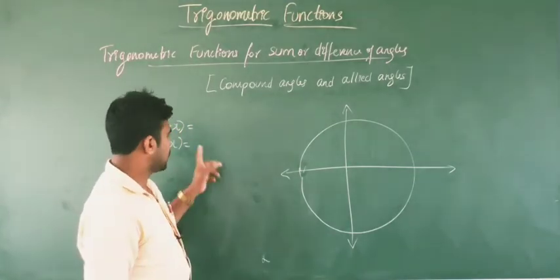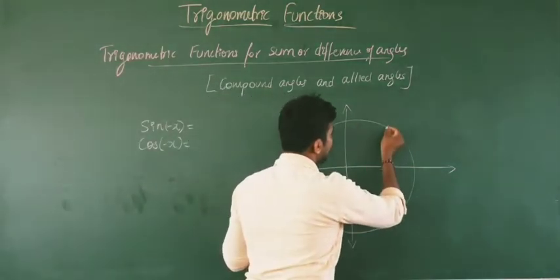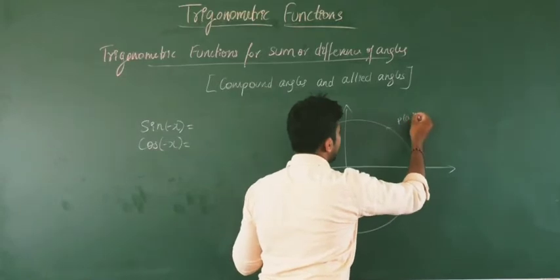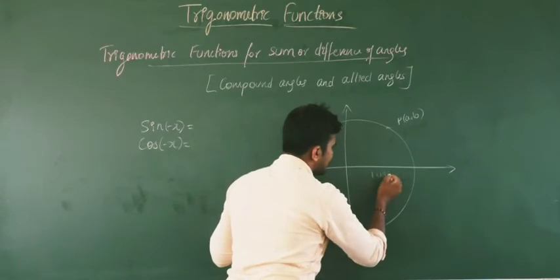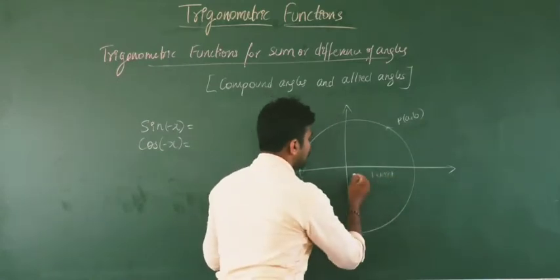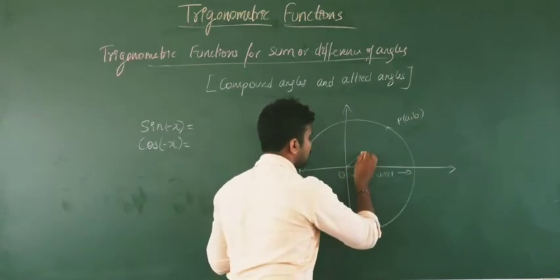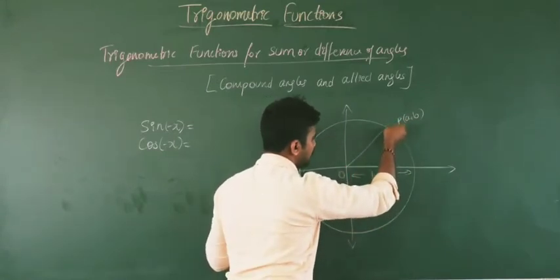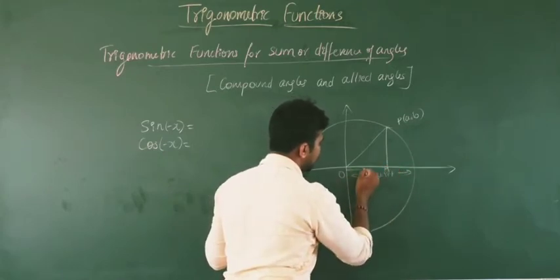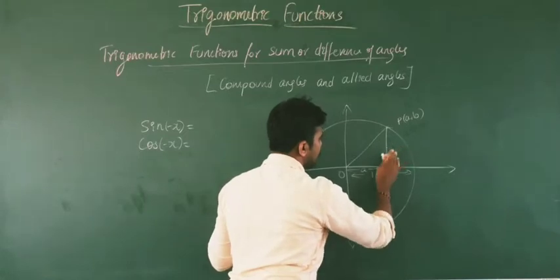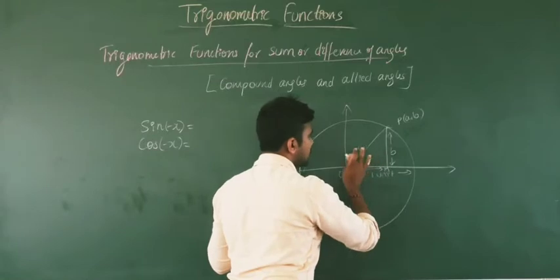Okay, so first I'll consider one unit circle, and in that, any arbitrary point, say P of a comma b, be any arbitrary point on the circle. This is a unit circle with radius 1 unit, center at origin. Now this will be the radius of the circle. If you draw a line perpendicular to the x-axis, the distance of that line from the origin is a, and from the point P it is b, and the radius is r. r is nothing but 1 here.